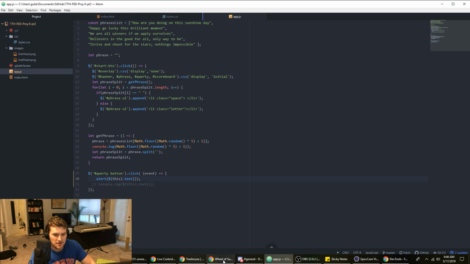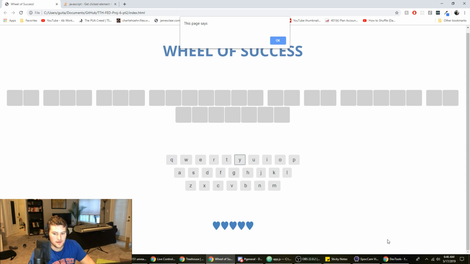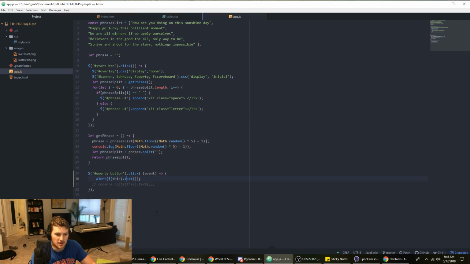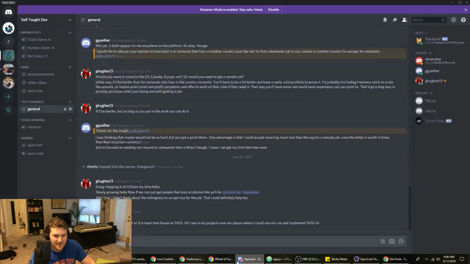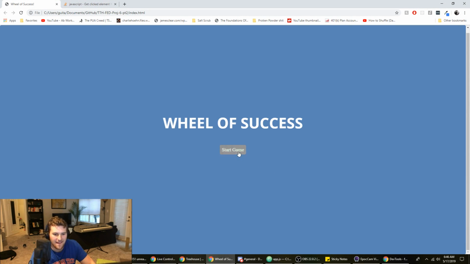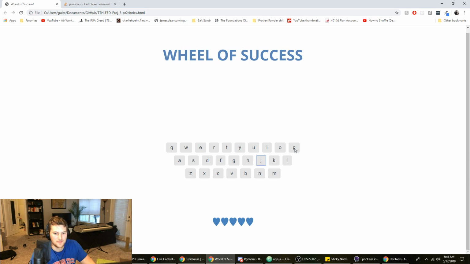It's not console logging my letter. Okay, so it's blank here. But if I turn this back into a regular function, it works. What? Why does that not work with arrow functions?